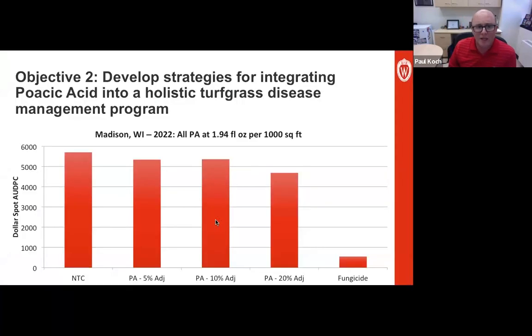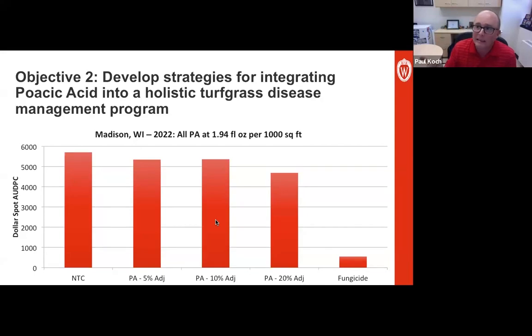All right, so what about the impact of the adjuvant? Again, I've just pulled out some select treatments to give you a feel for the impact that the adjuvant is having when combined with the Poacic acid. All of these are the high rate, the 1.94. So I told you before, the lower rate really didn't have much of an impact, so I just focused on that higher rate. And with that higher rate, we did see a significant reduction at the 5 and the 10%, but then we saw a further significant reduction at the 20% adjuvant when mixed with the high rate of